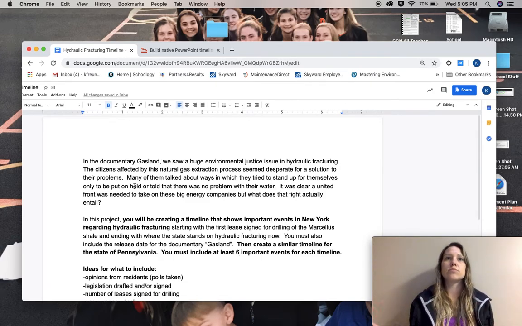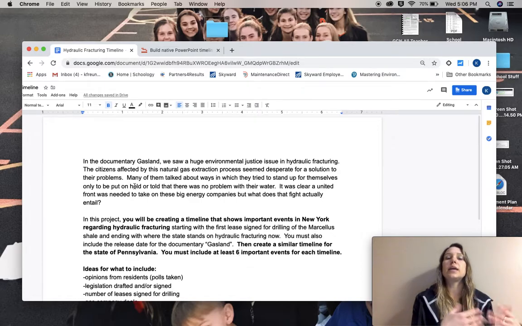Same products are being used. They're both using that Marcellus shale. They're both trying to tap into that and get the natural gas from that same area, but two totally different outcomes.